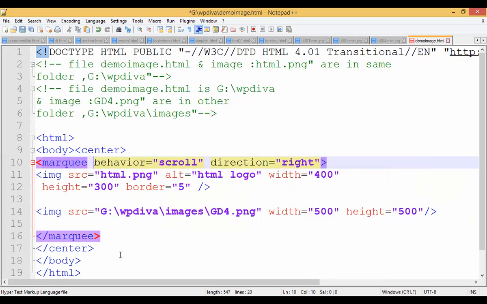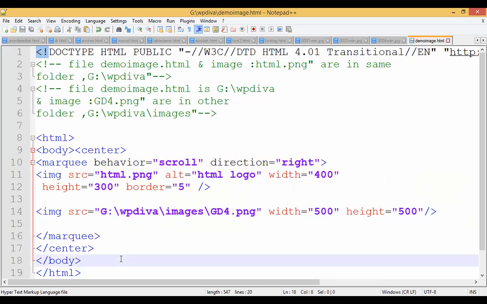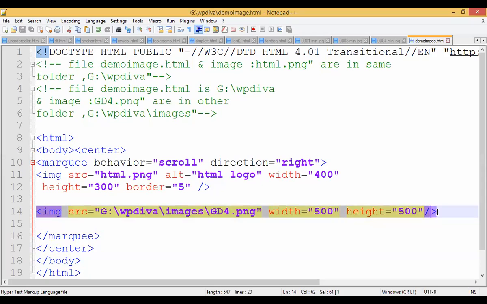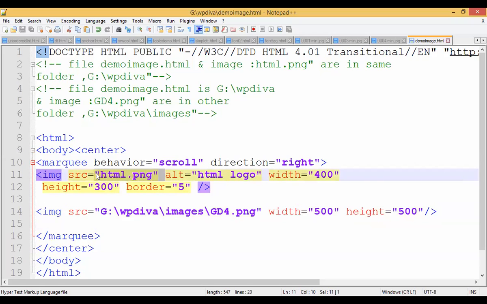So this is about image tag, right? So how to set an image which is in the same folder and how to set an image which is in another folder. This is the simplest version, guys. So why is this important? This is important because if your image is in another folder and you want to take that image in your program, then you have to take the path. If the image and program are in the same path, what happens there? You can immediately just take the name of that image. Clear to you? Okay.